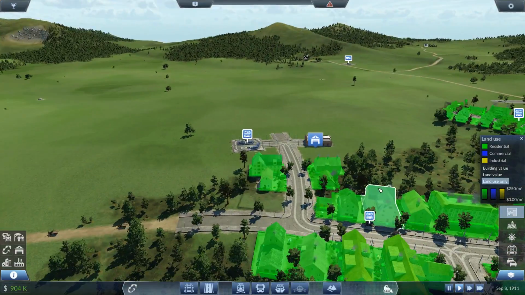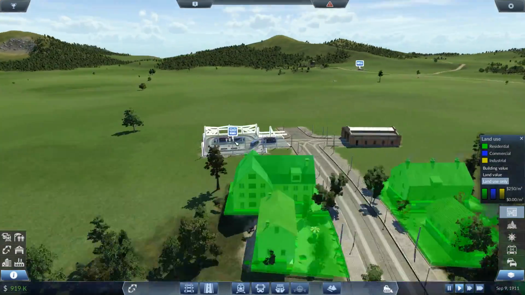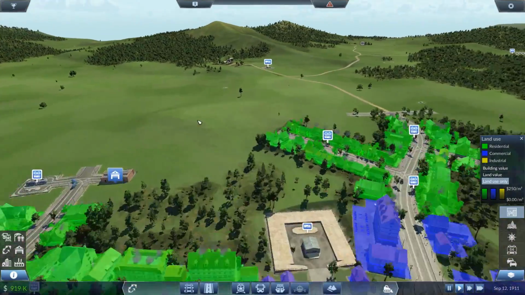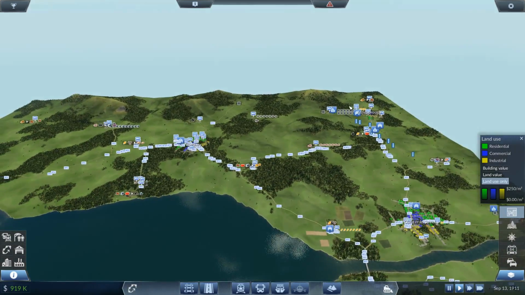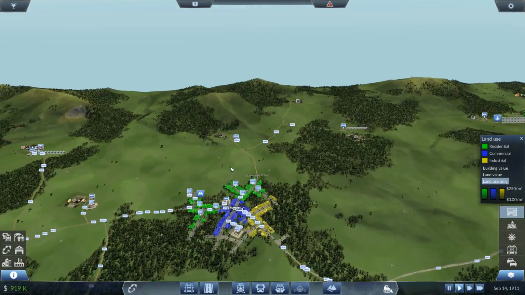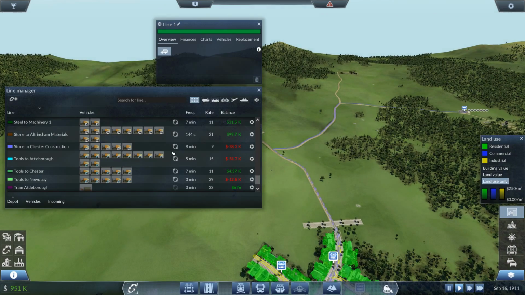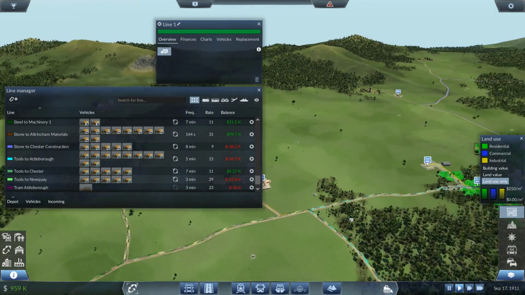Right, the other thing we need is we now need to connect this to the other towns that have already got passenger stations. So that'll be Attleborough and Chester. So we need to put a bus system in. So what I'm going to do is we're going to do a direct line from...